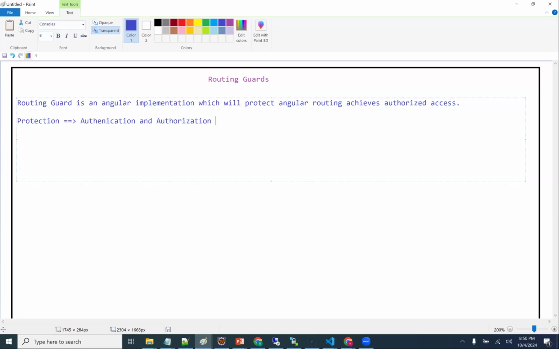Sir, is it like OAuth in the Java world? Similar to that concept? OAuth is one type of authentication and authorization. There are a lot of types: basic authentication, custom authentication, in-memory authentication, database authentication, encrypted authentication, token-based authentication, OAuth authentication, SAML authentication, two-phase verification, RSA token authentication.